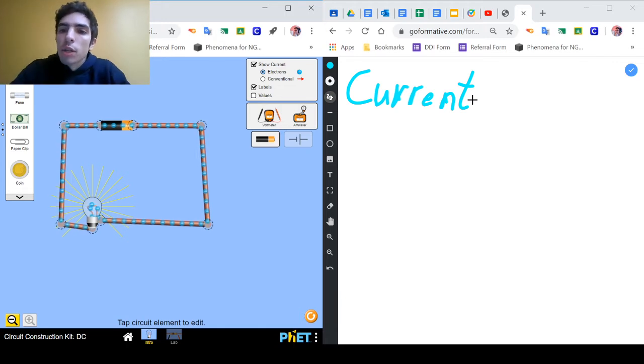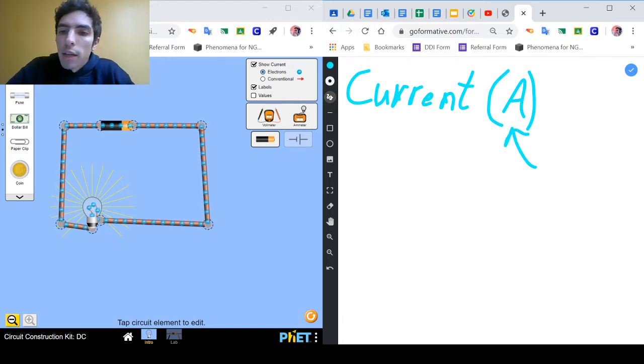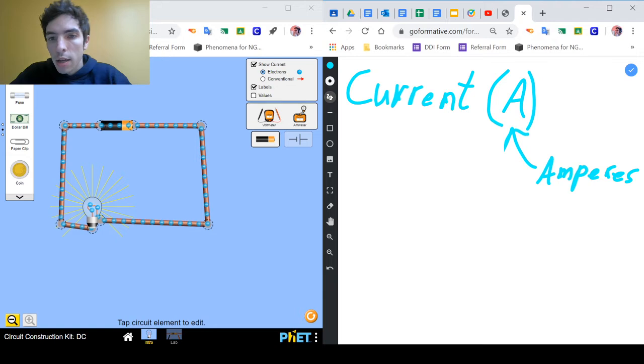And the most common unit for this is amperes, which we usually just show with an A. And the much more common way to say amperes is just amps. But I'll write out the whole name for completeness' sake. So if we've got a current and some kind of flow of electrons and the speed or rate at which those electrons flow,